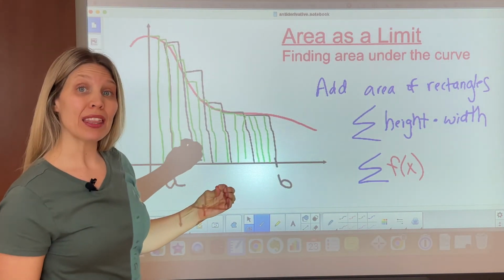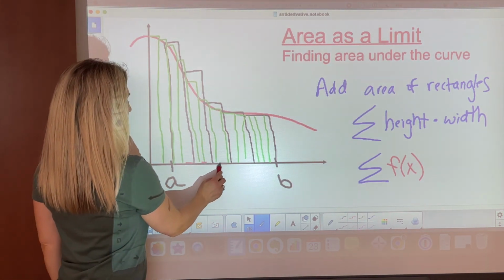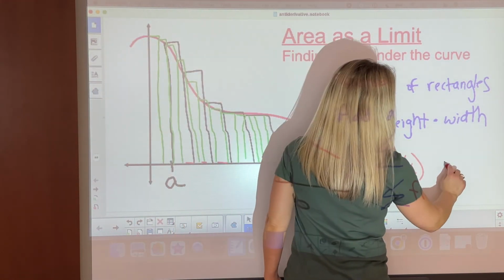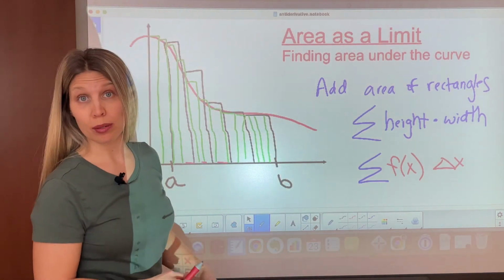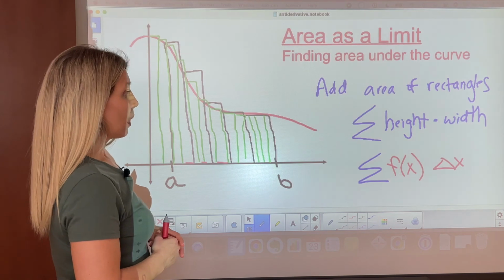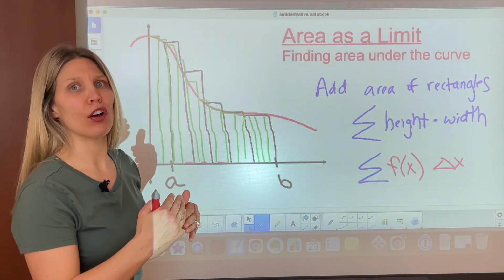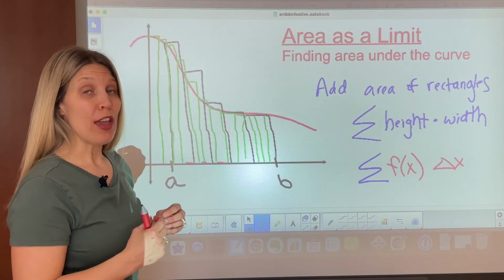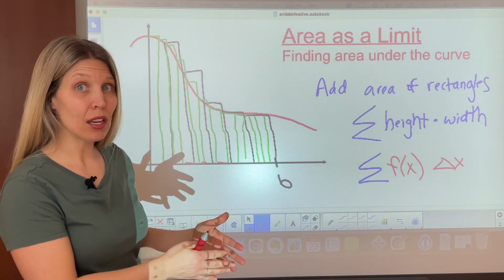Now your width is just the tiny changes in the x values for those rectangles. So this is your change in x. If you're not familiar with that triangle symbol, that means change in x. But the thing here is we want lots and lots of rectangles. Do you remember? If we want to get lots and lots of something, or we want to know where something is headed, where it is going,